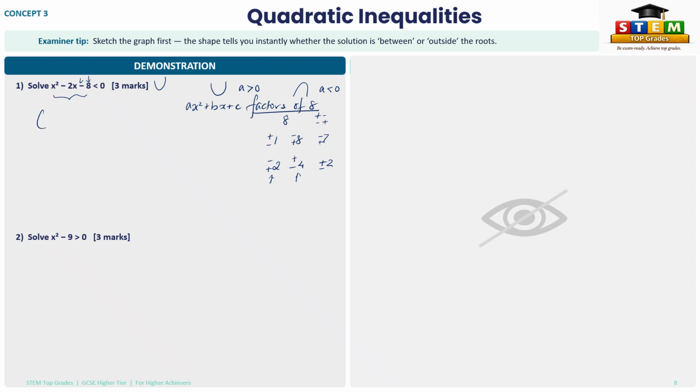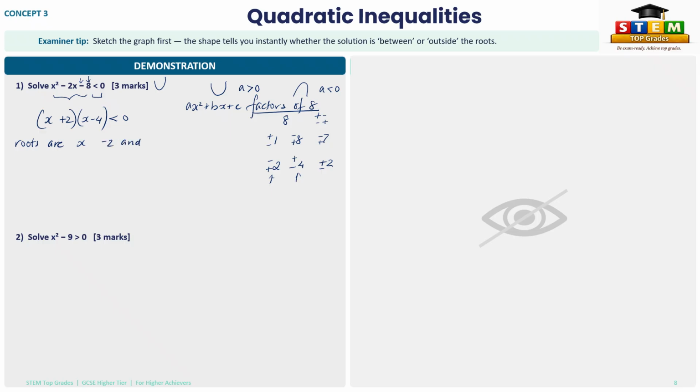So in that case, you're going to get x plus 2 times x minus 4, which, if we complete that part, is going to be less than 0. So what are the roots, or critical values? Sometimes we call them critical values. So the roots x are minus 2